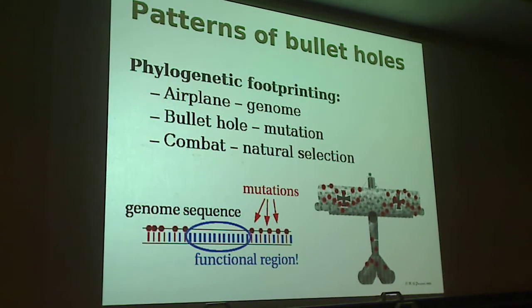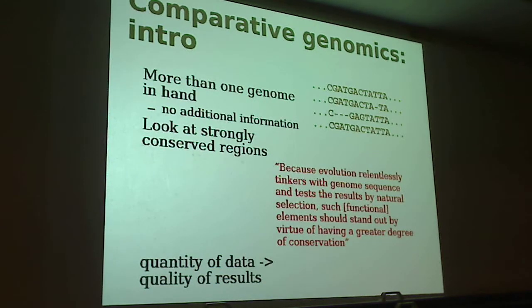So we have functional regions. You better leave those alone. Mutations there will be lethal, but in other regions, intergenic or something, maybe it's not such a problem when you track mutations there. And that's exactly what you see in this example, right? Okay, on to the real study then. 4 genomes